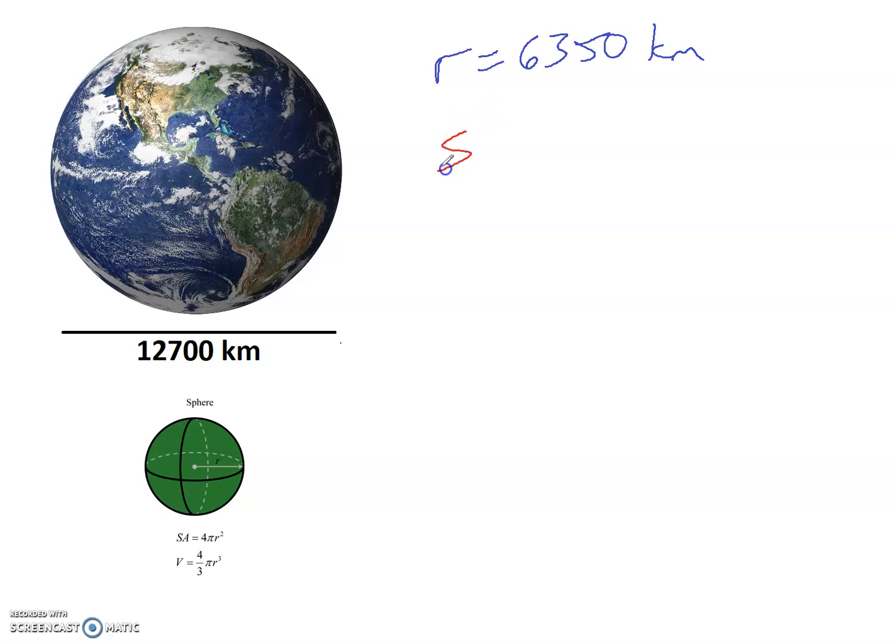So the surface area is 4 pi r squared. Well, I've got the 4, I've got the pi, the radius is just going to be the 6,350. We don't want to forget, we've got to square that when we do it, and then we can actually calculate the surface area of the Earth. Now, of course, this is going to be a very, very large number. And if you actually calculate it out, we get approximately